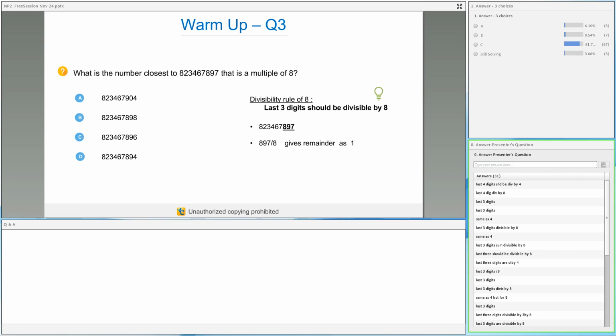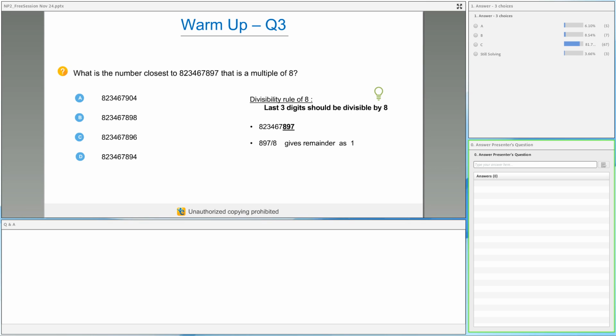Now, when I get the remainder as 1, what does that exactly mean? Why do we get a remainder? This is something which is extra, or more than what is required for the number to be divisible by 8, right? So if I want to find the number which is closest to this, what should I do with this number? Should I add 7 to it or reduce this number by 1? Minus 1. Yes, please understand this.